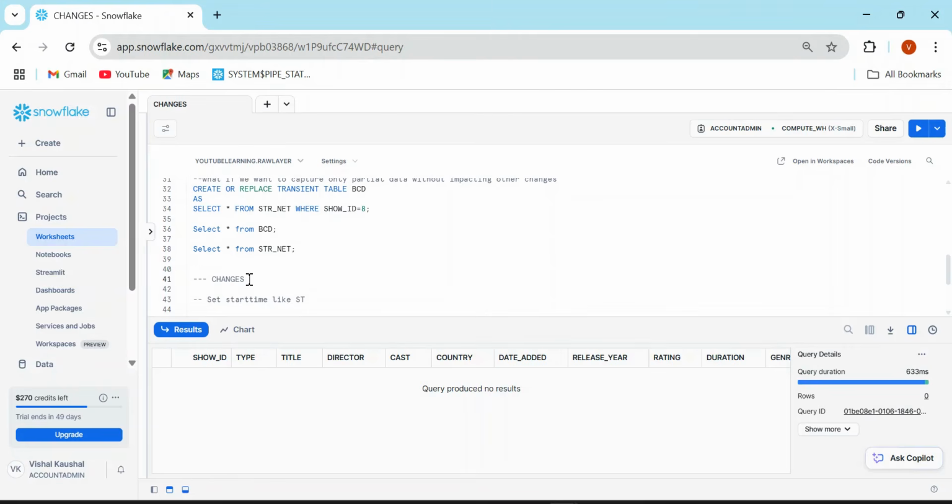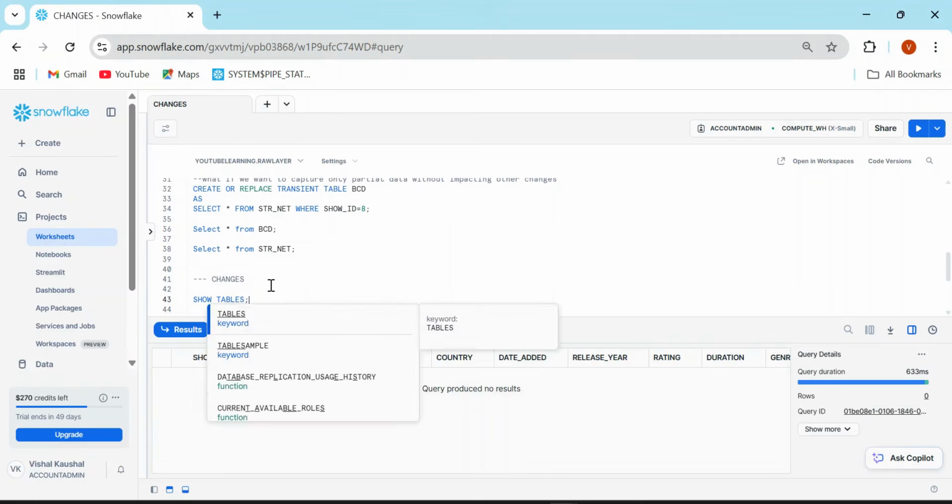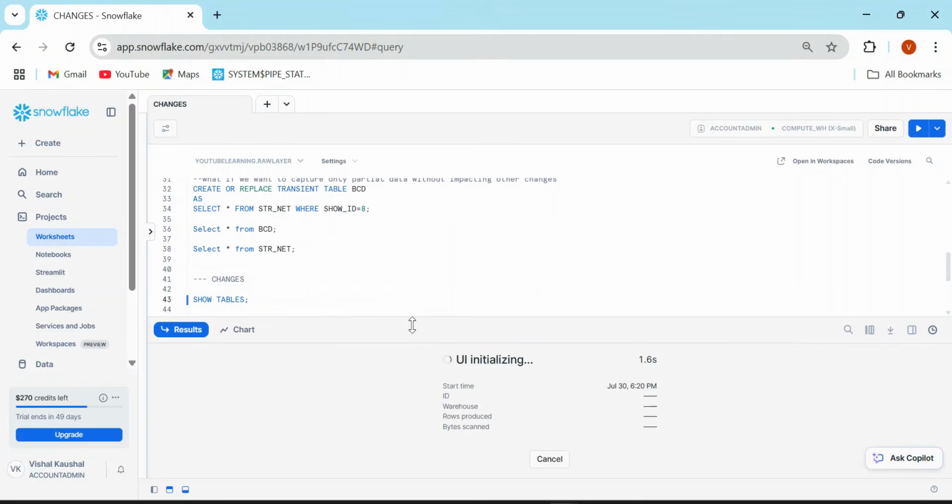Now, before changes, as I was explaining, we need to either enable change tracking on the table or a stream. And how can we know this? You need to run the show tables command. And if you look at it,